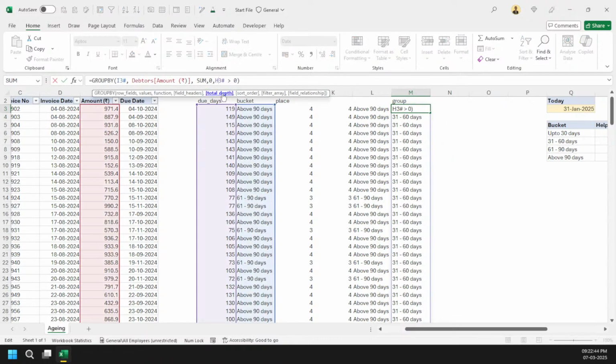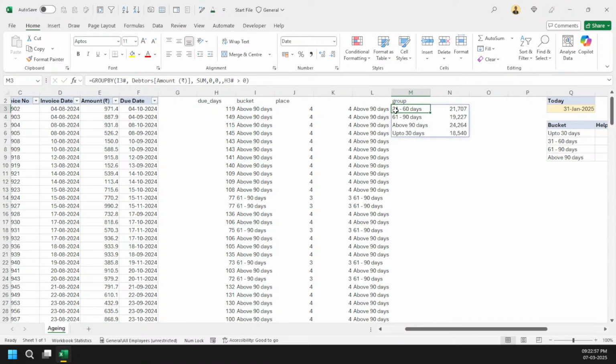let me see where did I make a mistake. It is not the total. Sorting order, no. Filter one. Yeah. So let me see where did I mix it up. Yeah. You can now see that I have not included my not due dates, right? So that's what we can do with the GROUPBY function. But because it is not sorting properly, we can use this logic.